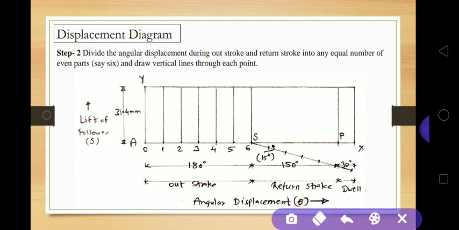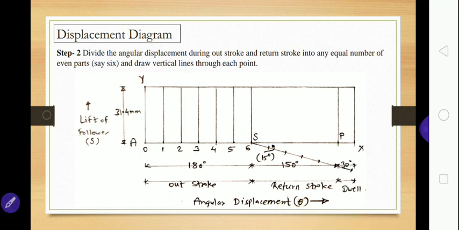But the distance SP is 5 centimeter. Here with the help of the scale, this distance is 5 centimeter. Now how do we divide that 5 centimeter into 6 equal parts? It is difficult to have accuracy or exactness. We will divide this SP distance into 6 equal parts by one procedure: draw a 15-degree or 20-degree angle to this SP line as shown in this figure. On that inclined line from SP, mark 6 equal lengths of 1 centimeter each.